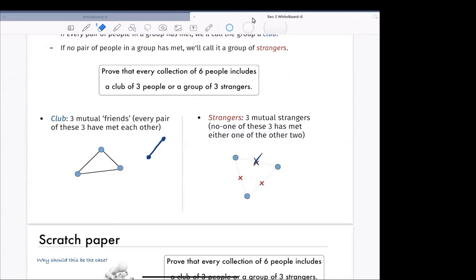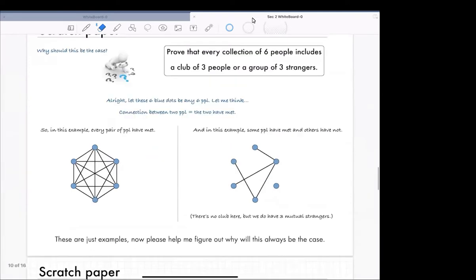That's what we're trying to do, because I don't yet understand the problem. I gave it to you, and I'm not quite grokking it yet. But are we clear on the terminology so far, at least? What we mean by friends, what we mean by strangers, a particular way of drawing this, and let's see if this is even going to be helpful in gaining any insight. So we have these 6 dots representing people.